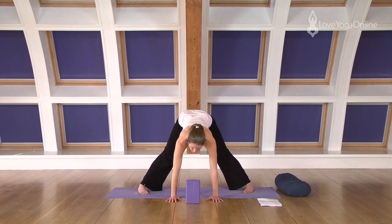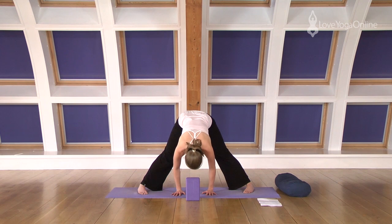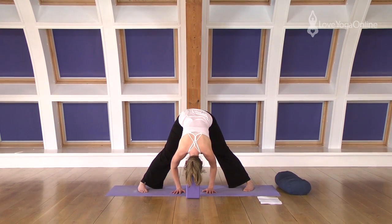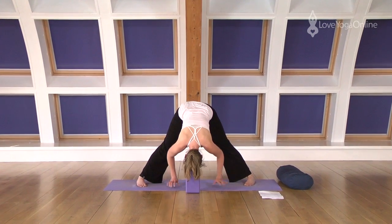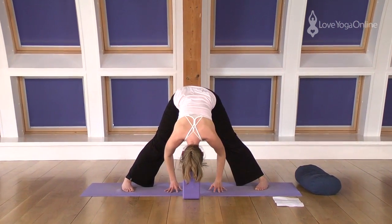So we're going to fold down as much as we can here, and we'll use the block to help support the head. So obviously the block at its highest point here, walking the hands a little bit closer towards the feet if you can, and resting the head on the block. So we're supporting the head so that the body, the torso can totally relax and let go, keeping the legs strong, so we keep drawing the knees up into the thighs,